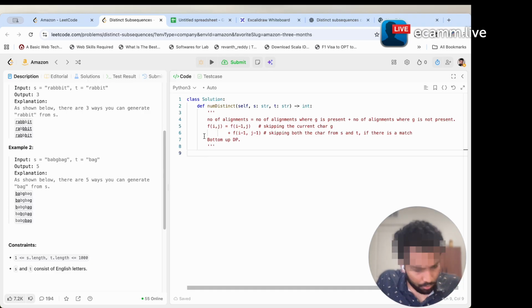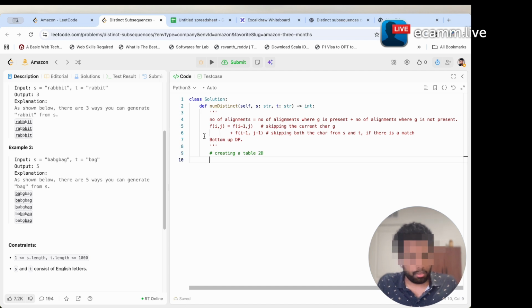So I'm just creating a 2D table. Okay, so let's see, the number of rows is equal to the length of S, and the number of columns is equal to the length of T,